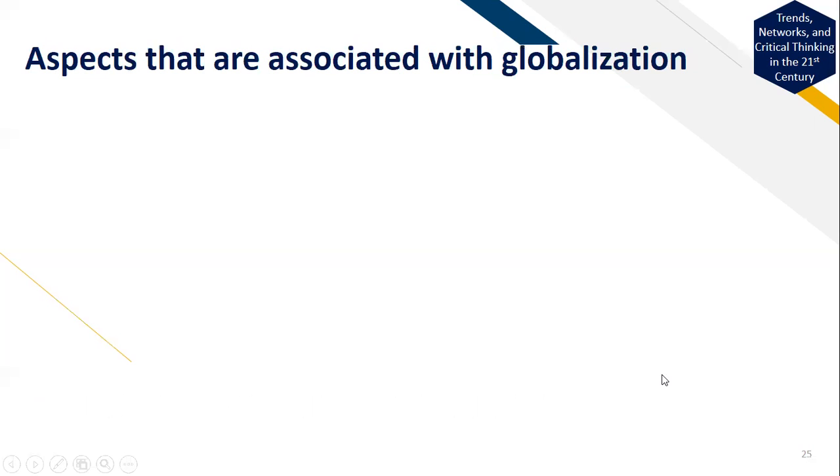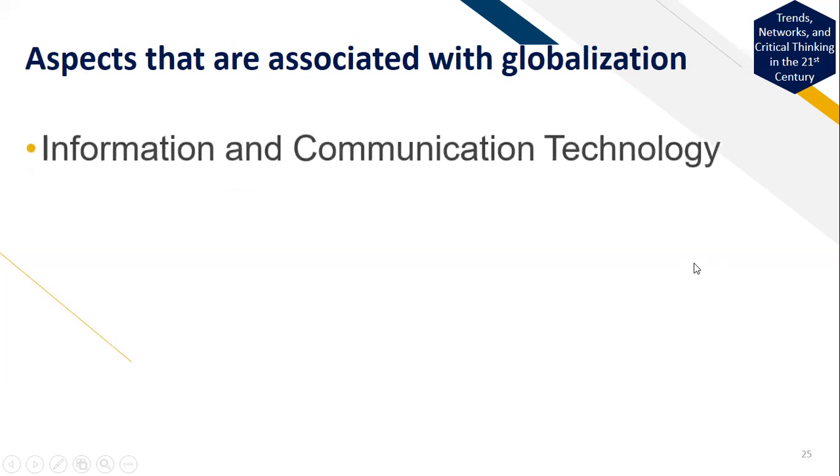Okay, so next, what are the aspects that are associated with globalization? So meron tayong tinatawag na information and communication technology. Pag sinabi natin information and communication technology, this is how we handle, how we process, and how we propagate information through the use of communication and technology. And we do not just simply do those things as simple as that. Ginagawa natin ang mga bagay na yun carefully, critically, and responsibly. Kaya nga nabuo ang Information and Communication Technology.